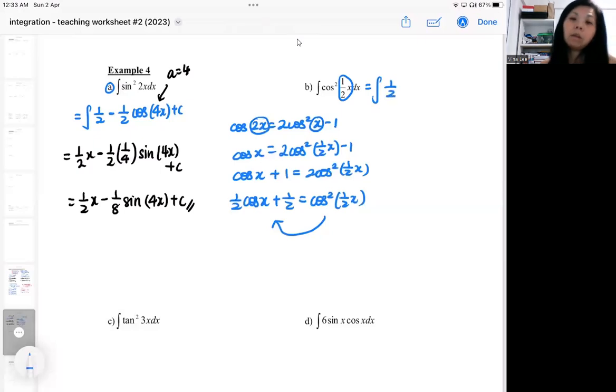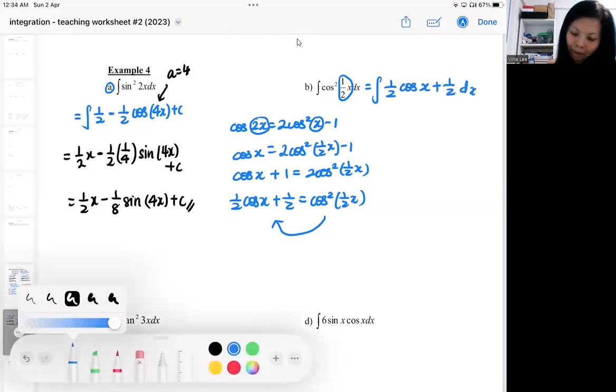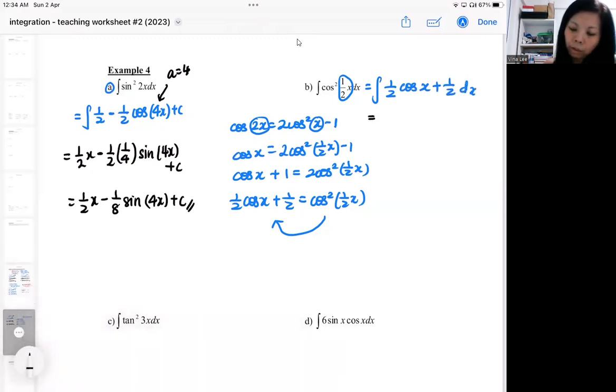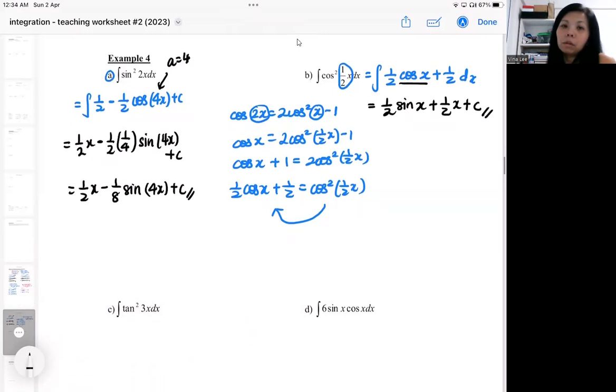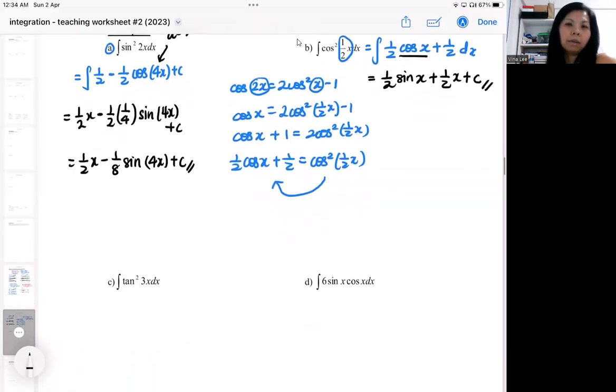So integrating cosine square half x is the same as integrating half cosine x plus half. And that is again back to your basic block of formula. So when you integrate cosine x, that's just sine x. Okay. So it's almost the same like example 3, but you need one more layer of twisting for your double